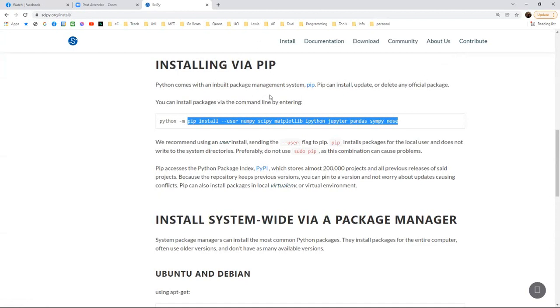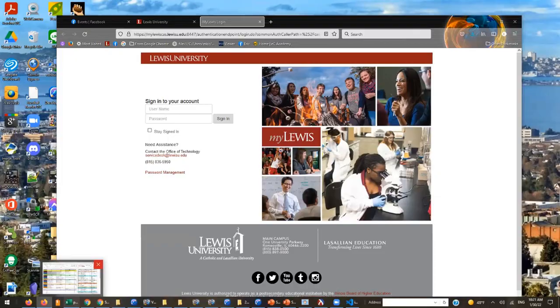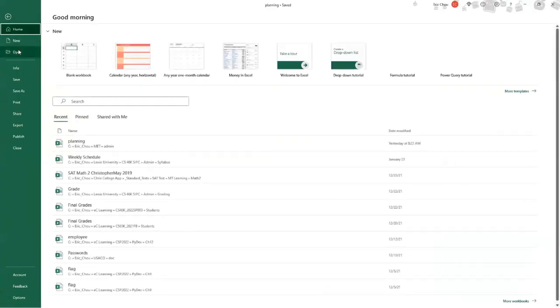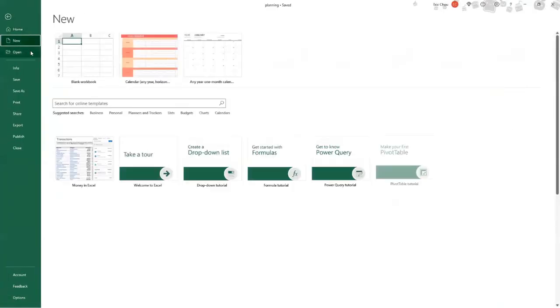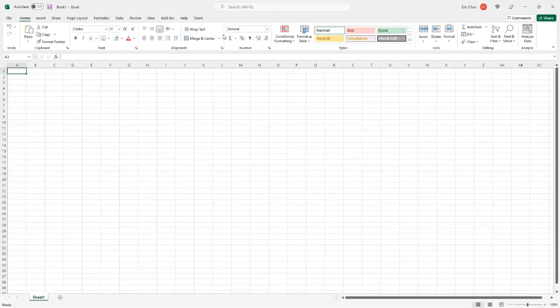In case for some reason NumPy, SciPy, or whatever doesn't work for you, you can still use Excel. I accept it. So you calculate the time requirement, and you just come back and fill in your X and Y, whatever X and Y you want. If you don't get it, say case 1, 2, 3, it should be 10, 20 or whatever.